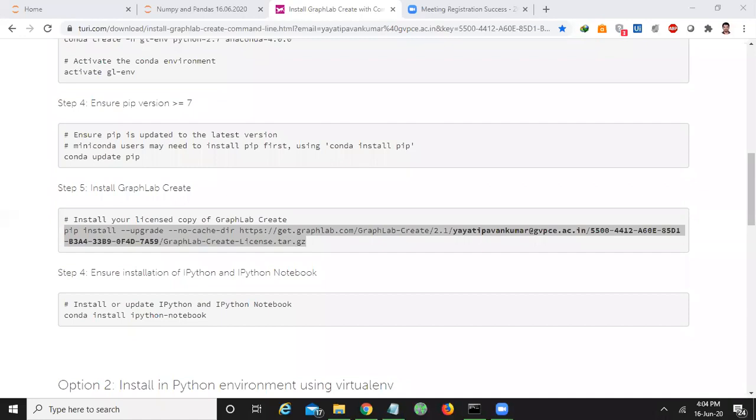And if you have any doubts in installing or understanding, yesterday I already gave you the contact number. You can call me on that number. I'll guide you, no problem. Why? Because GraphLab is very flexible and comfortable in working. So this is my contact number. You can call me at any time. I'll guide you, no problem.